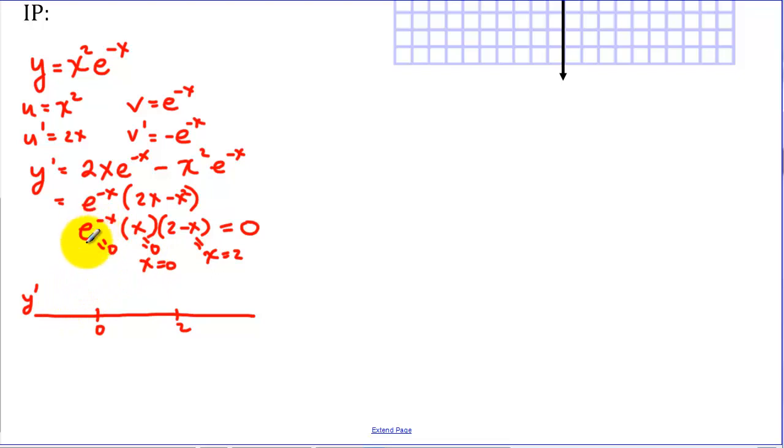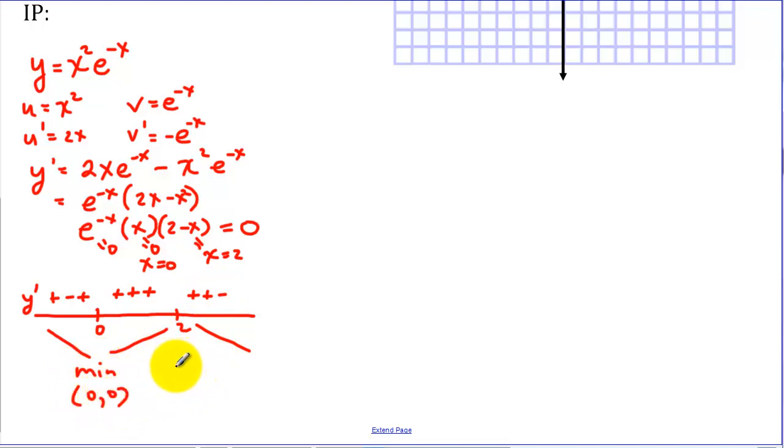So if I plug a negative number, e to anything is positive, so we've got positive, negative, and then a negative number here is going to make that positive, so we're decreasing. Here I've got positive, positive, positive, so we're increasing, and here I've got positive, positive, and negative, so we are decreasing. So we have a min at 0, 0, and a max at 2, comma, and this would be 2